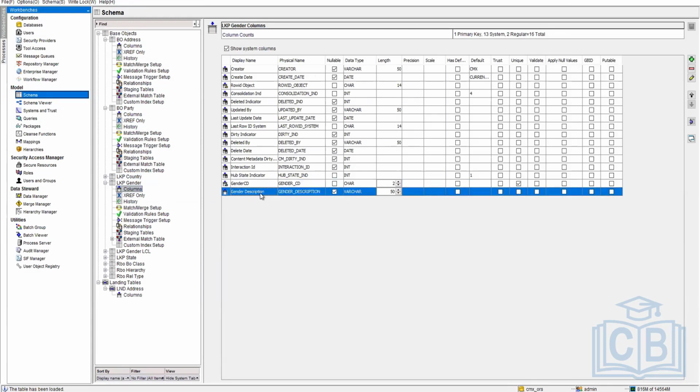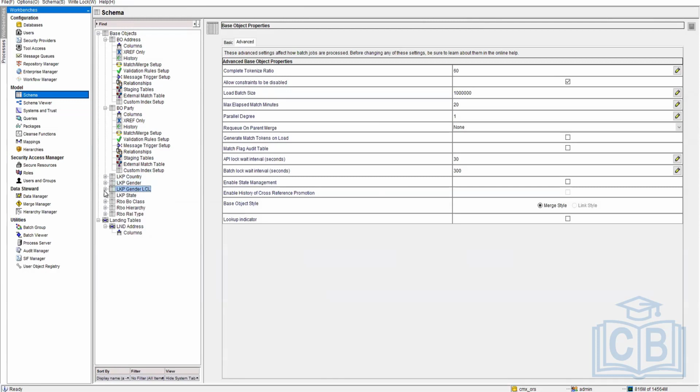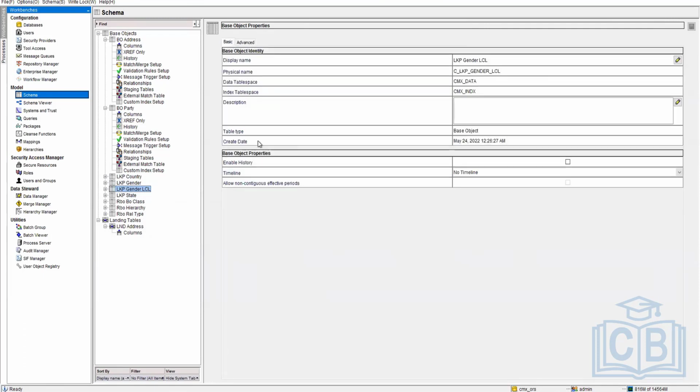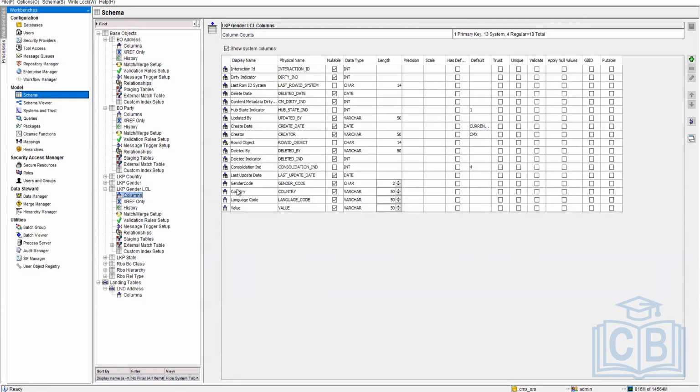That's it. But when we say we have to localize this particular gender data, we went ahead and created the localized table in a proper base object. We won't create it as reference. We'll create it as a regular base object. We'll go into columns, and in the columns, we'll have a key column, where we will be going ahead